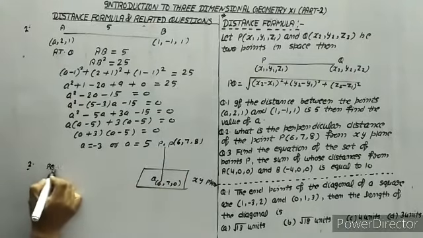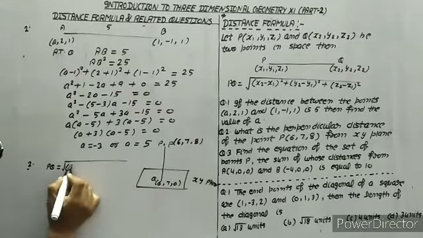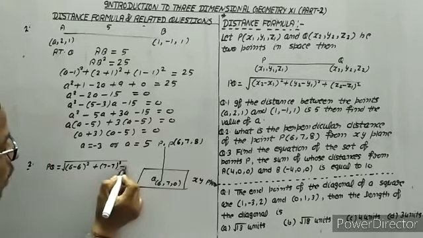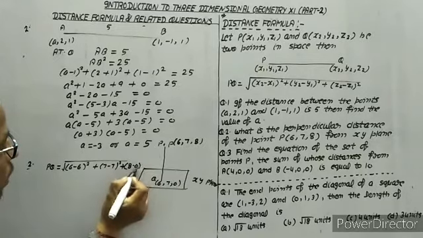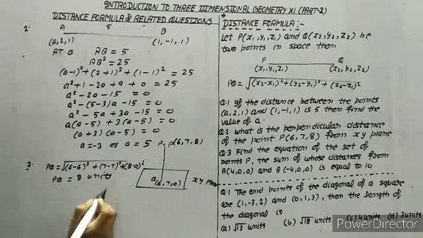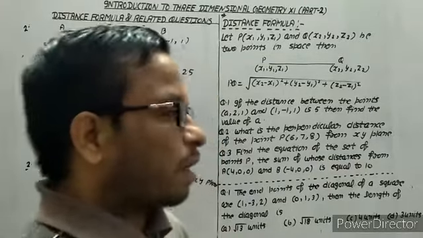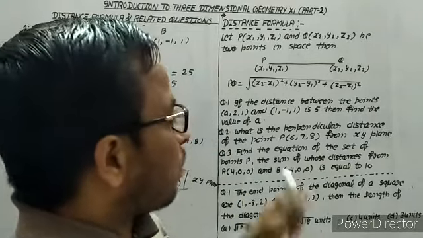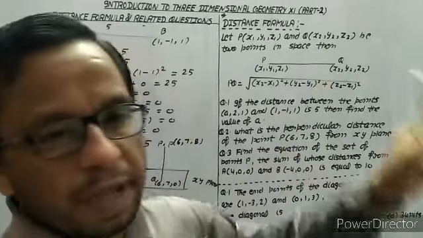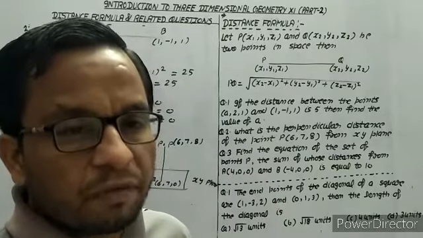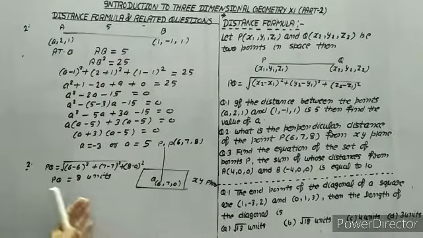So, according to the distance formula, PQ is equal to under root (6 minus 6) whole square plus (7 minus 7) whole square plus (8 minus 0) whole square. It means PQ is equal to 8 units, and this is the answer. Otherwise, for the objective part, we can directly observe that in the xy plane, z is 0, so the perpendicular distance of the point from the xy plane will be 8 units only. But if it is asked using the distance formula, we have to solve it, and this is the procedure to solve this question.